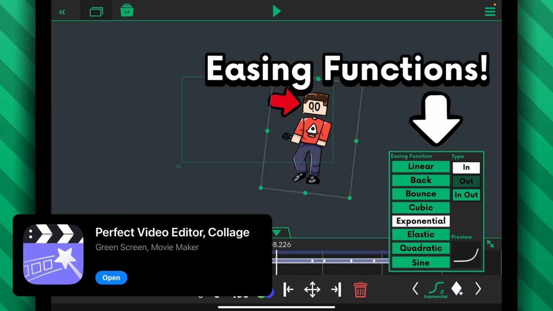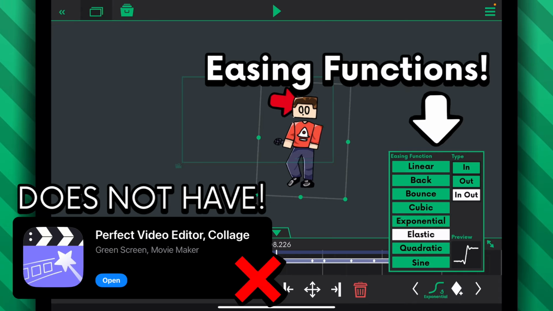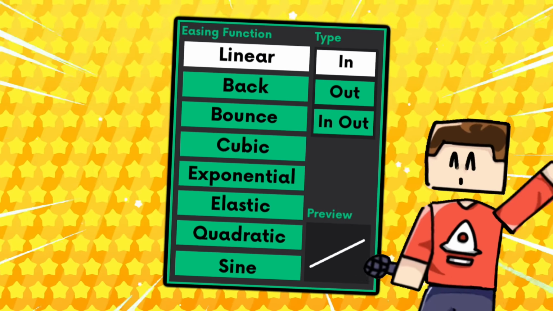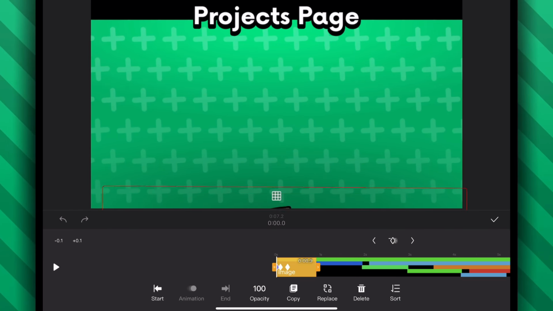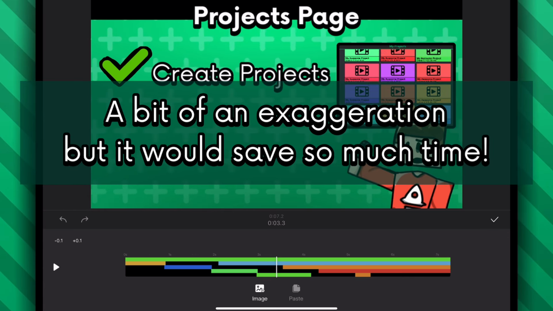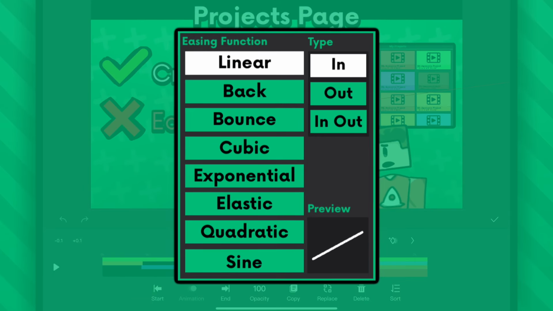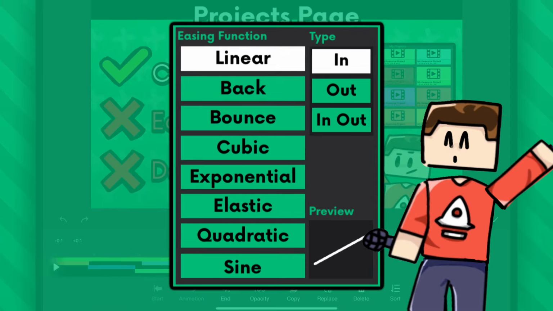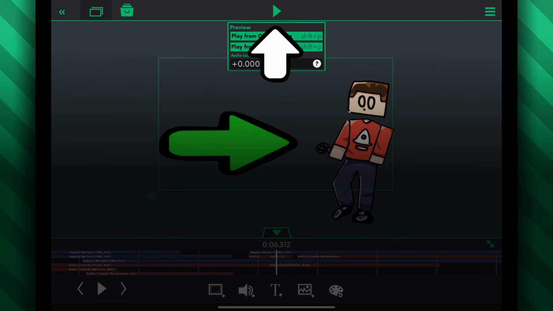Something that my current video editor does not have. Yes! I love this, because when I usually edit videos, I literally make hundreds of keyframes so that the animations will not look rigid. Now, this can be fixed with a few taps. I love this! So there's now this play button at the top that will actually preview the content in full